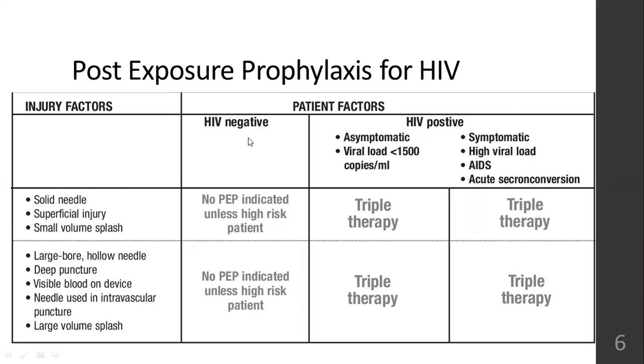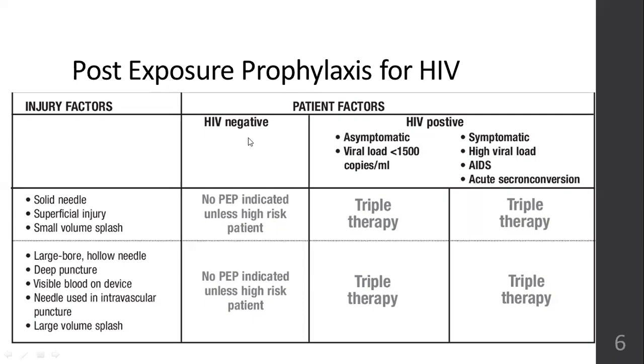Only if your test results are positive, whether asymptomatic or symptomatic, whether you show symptoms or not, it doesn't matter. If you are HIV positive, you have to take the triple therapy. Triple therapy means three different types of HIV antiretroviral drugs will be given in combination. Triple therapy has to be taken irrespective of you being symptomatic or asymptomatic.